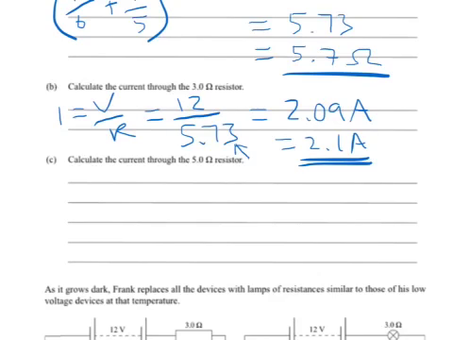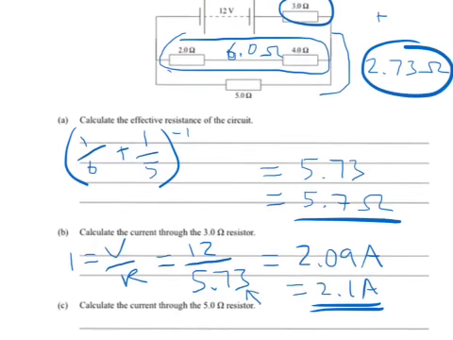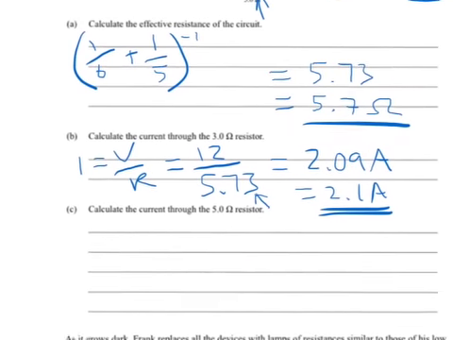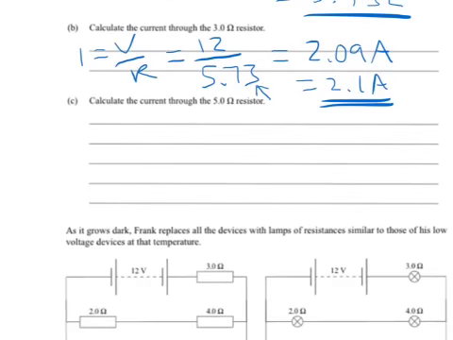Now, getting a bit trickier, calculate the current through the 5 ohm resistor. So, what we need to know to find the current through the 5 ohm resistor is what the voltage across the parallel section will be. That's the easiest way to do it. If we know the voltage across the parallel section, then we can use I equals V over R, using just the voltage and the resistance for that one resistor. So we'll do that. We know that there's 2.1 amps travelling through the circuit,